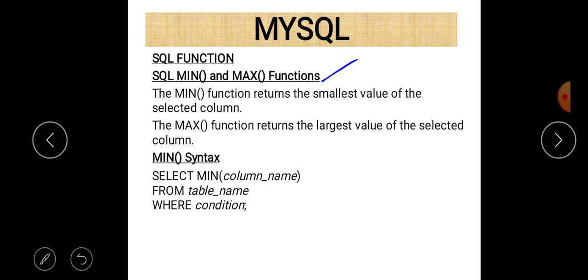So there is a function. Let us start with the min function. The min function is a function which returns the minimum value among different data values. So the syntax is very simple. Just write select, after that min, and within parentheses give the value, meaning the parameter, and after that the from keyword, then the table name, and if there is a certain condition, then the condition should be given with the where statement.